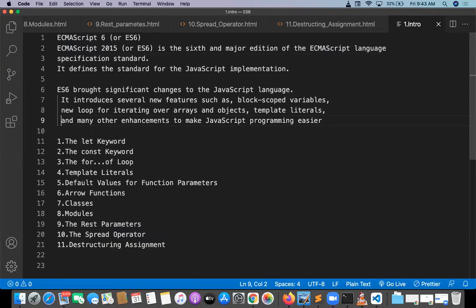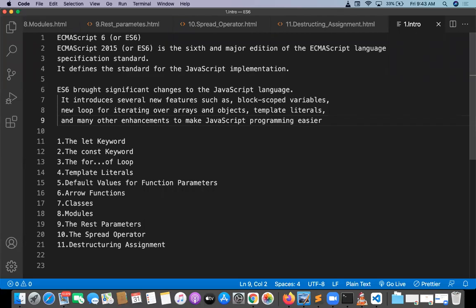The let keyword and the const keyword. Basically, in normal JavaScript ES5, we use a keyword called var to define any variable. JavaScript is dynamically typed, like Python. In Python, no data type is needed, not even var. But coming to JavaScript, we need to give a keyword called var. The same way, as part of ES6, there is a keyword called let. So let is going to have some special features.